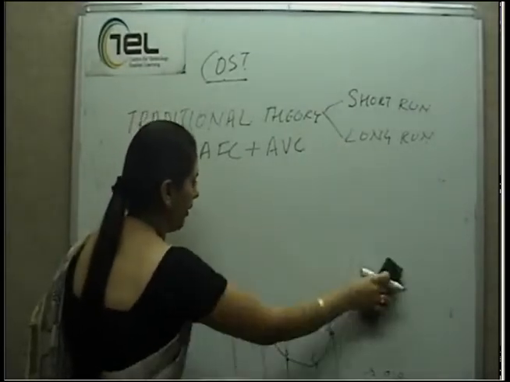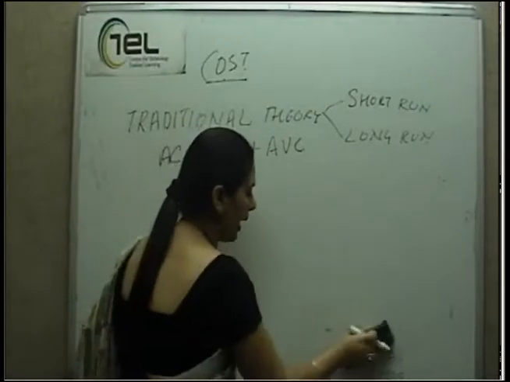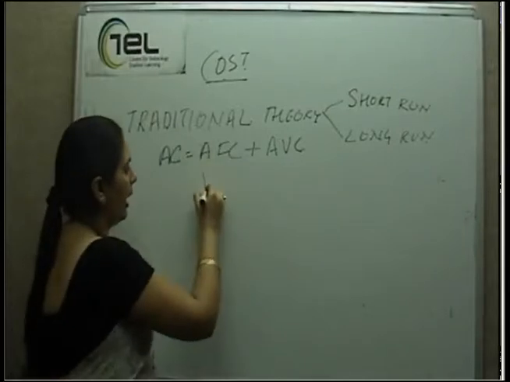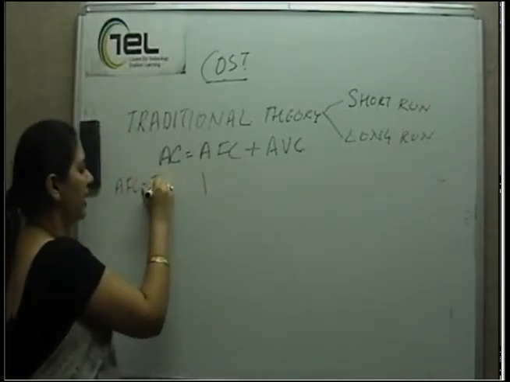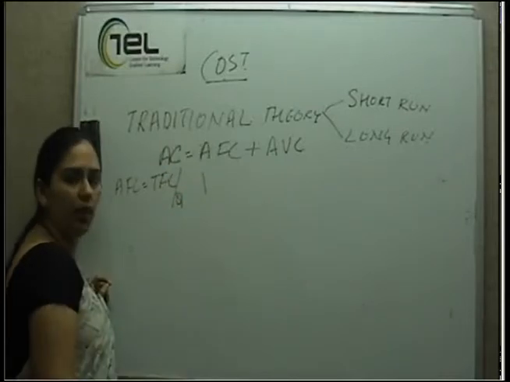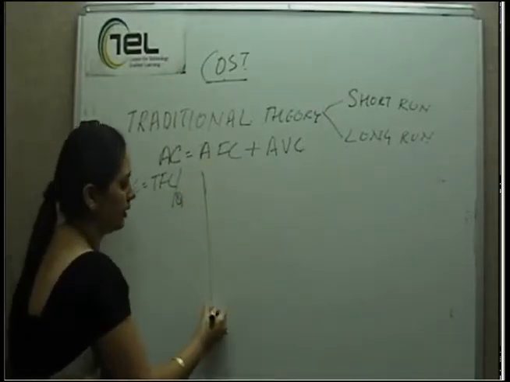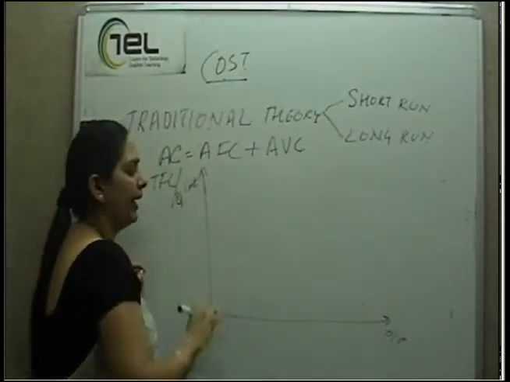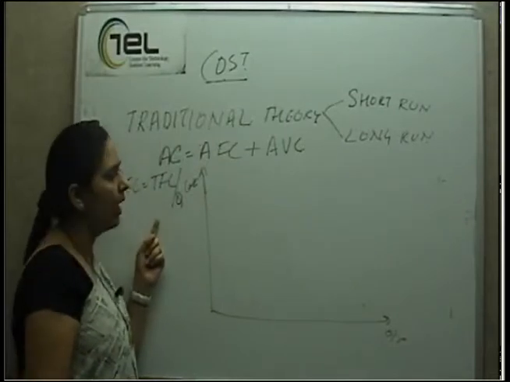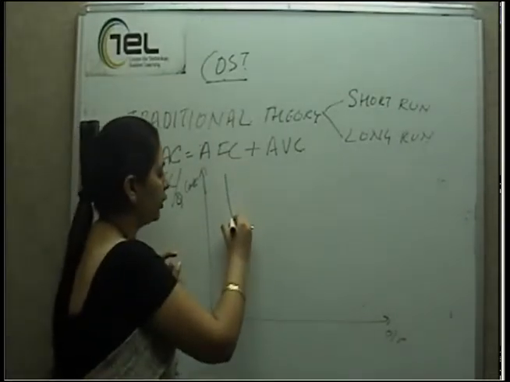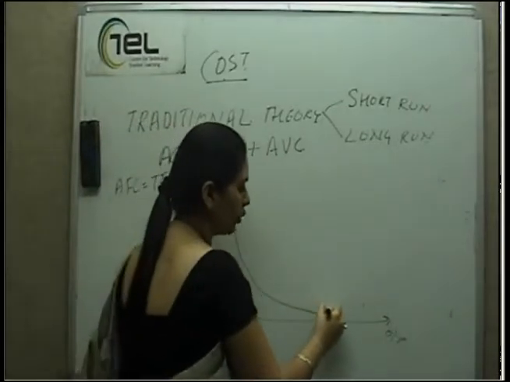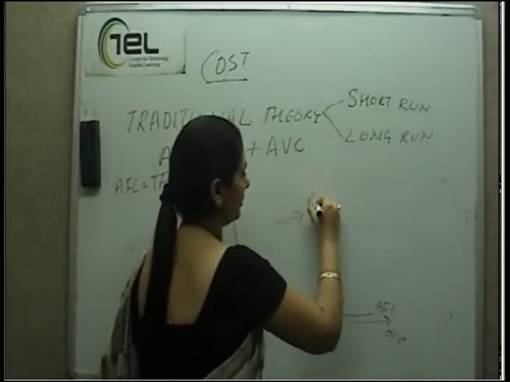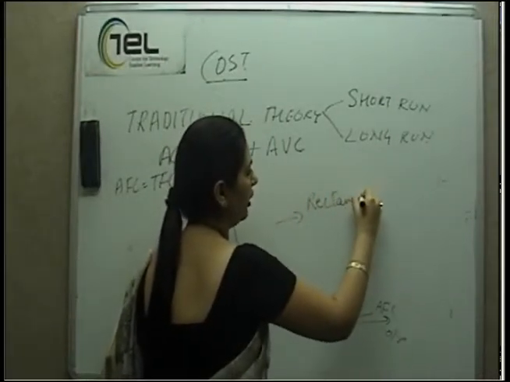As we all are aware, total fixed cost is a line parallel to the x-axis irrespective of the level of output, and AFC is nothing but TFC divided by level of output. When we plot this in a diagram with output on the x-axis and cost on the y-axis, I will get a curve which slopes downwards and comes closer to the x-axis but doesn't touch it. This is known as